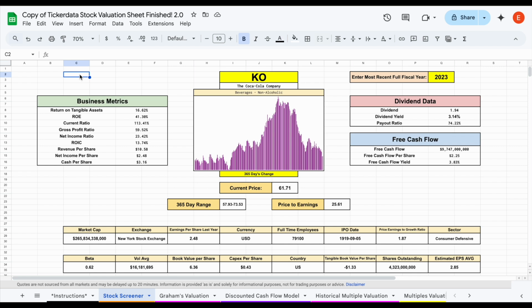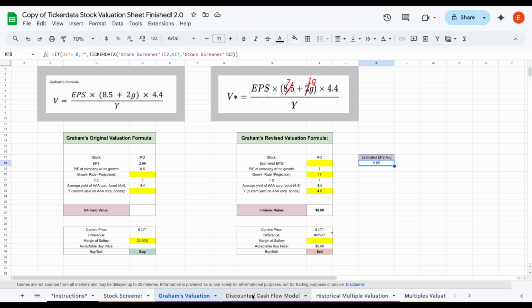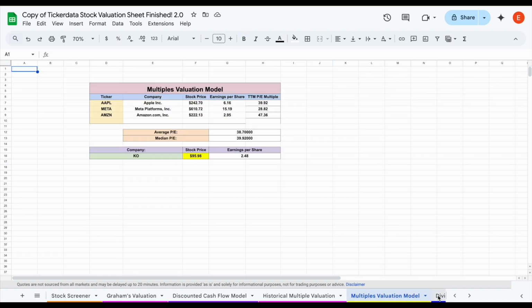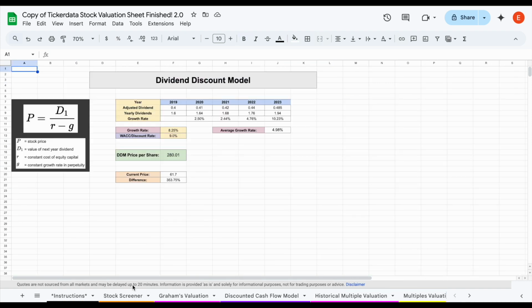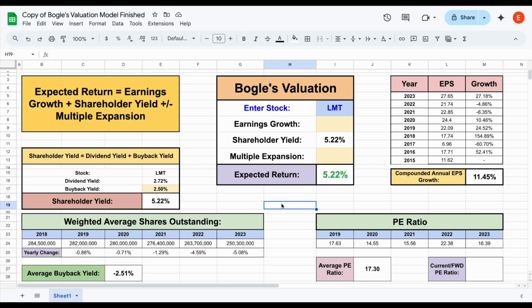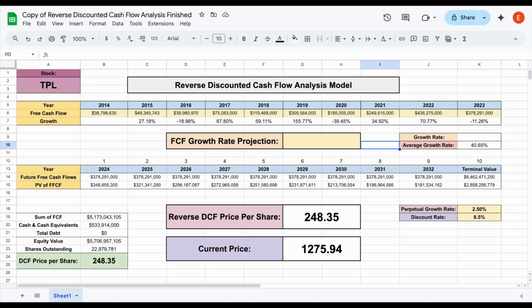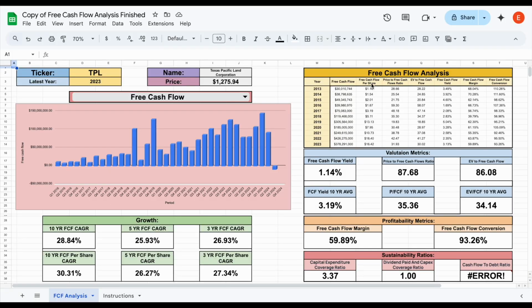So in this video, we're going to be going over how to value a stock, and to do this, we're going to be looking at 7 different valuation models. Each one provides different insights into how a stock can be valued. And it's very important to remember that valuation is not a science, it's an art. Each stock can look a little bit different.